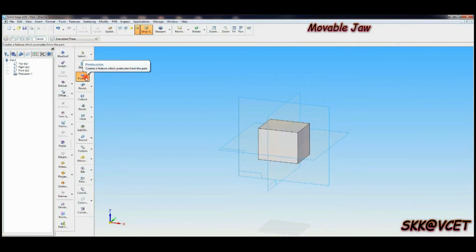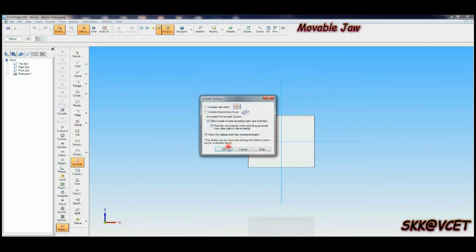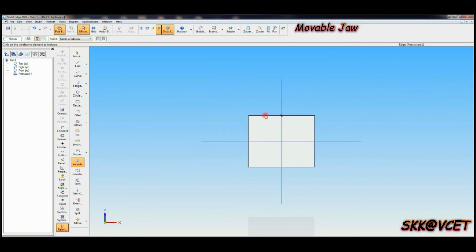See protrusion, select front plane only. In that plane, first select include, okay, select that line.